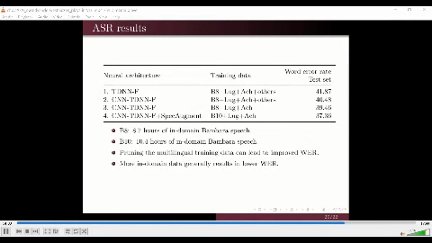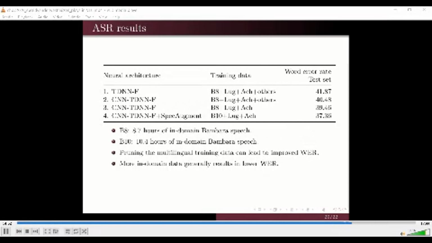So finally, how does this ASR system perform? This table shows word error rate results for the Bambara test set. This means that lower values are better. We trained 5 different systems using different neural network architectures and different configurations of training data.